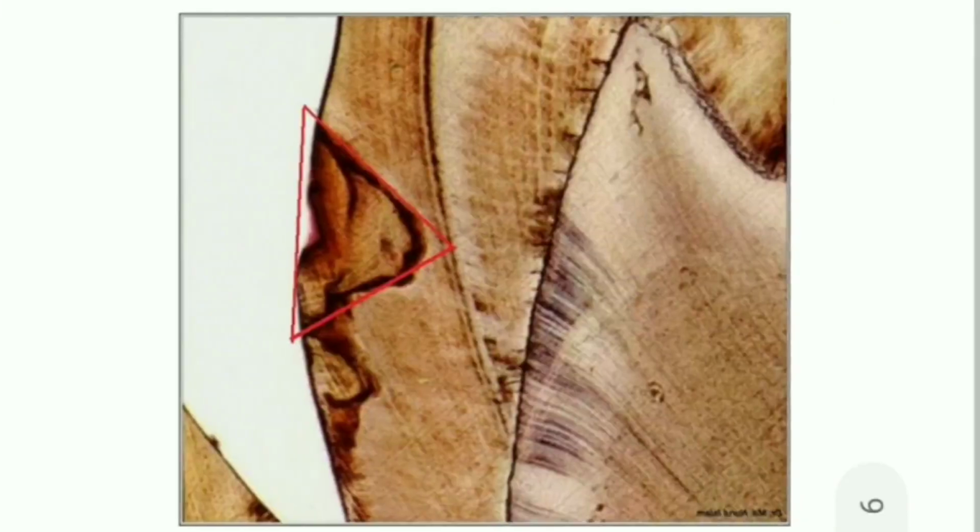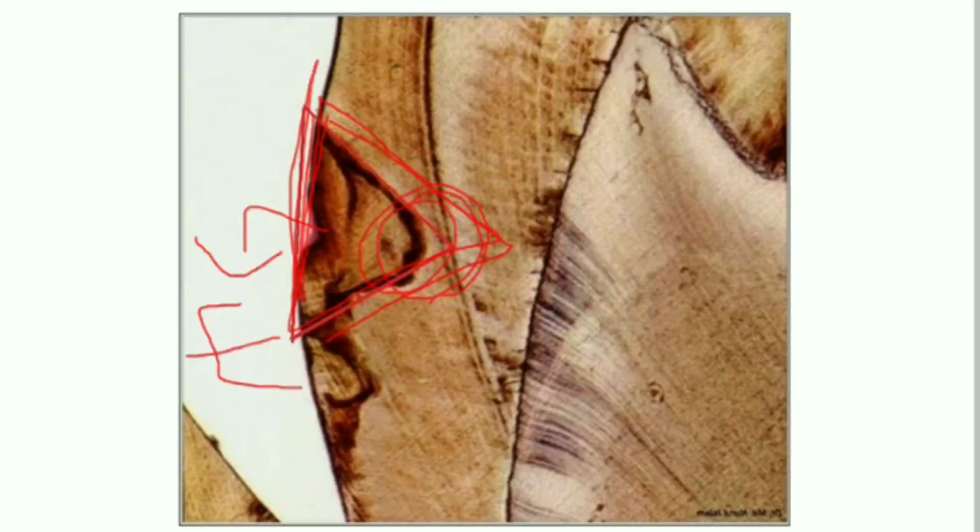Histopathologically we again see this triangle. You can see the base is toward the enamel surface and the apex is toward the DEJ. Even though they appear as a large cavitated area in the oral cavity, only a small area of dentine is involved. It is totally opposite to pit and fissure caries, because in pit and fissure caries there is a small area of involvement of the enamel while there is a large area of involvement of the dentine.